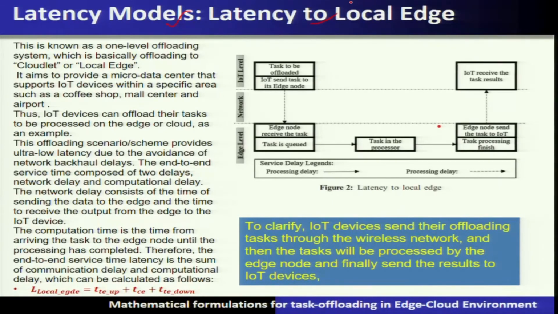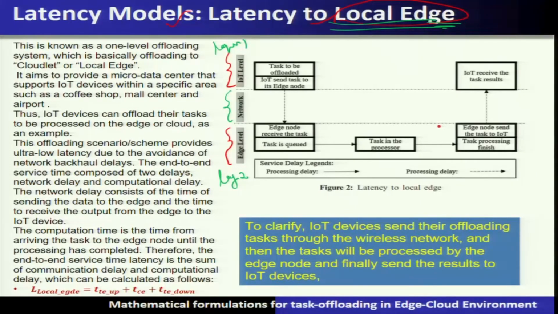So, the first latency model which we are going to consider is only having the local edge. You can see that the last two layers we are going to consider under this model, which is a very simplified model to understand this particular latency. It contains the IoT layer and the edge layer, and to connect IoT with edge, we now also have to consider the network in between. Let us see this model; we call it local edge.